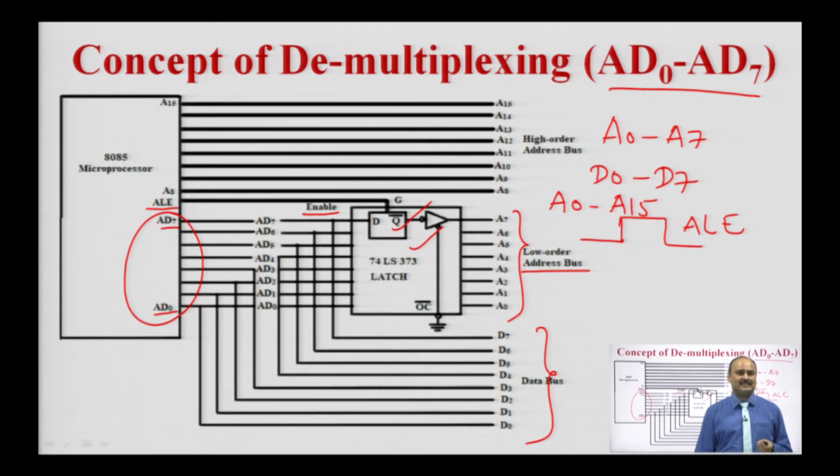Once the latch is disabled, it will not pass information from the input to output, and at this instant the processor will use the multiplexed address and data bus for the 8-bit data. Means the processor will carry the 8-bit data with the help of D0 to D7. So, this is the concept which is used during the demultiplexing of address and data bus, while the high order address is carried with the help of the high order address lines, that is A8 to A15 of the microprocessor. So, this is the concept which is used to demultiplex the address. Demultiplex means separation of the low order address and the data from the multiplexed address and data bus.